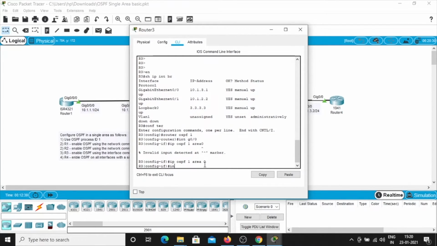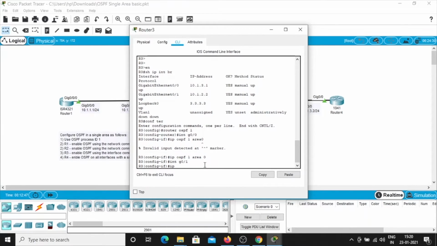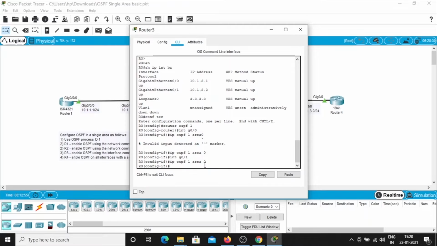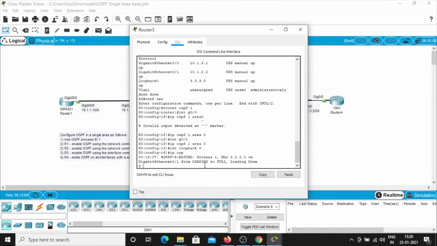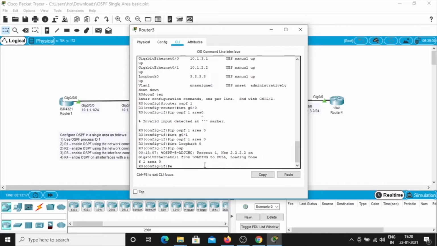Next is interface G 0/1, IP OSPF 1 area 0. And lastly interface loopback 0, IP OSPF 1 area 0, and end.